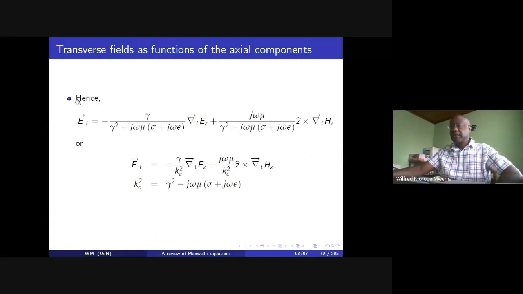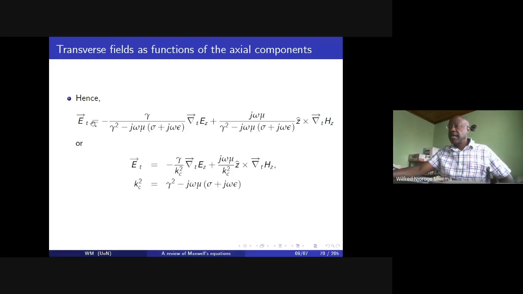And we can therefore simplify, and we get that minus gamma over gamma squared minus j omega mu into sigma plus j omega epsilon, multiplied by the transverse gradient of E of z, plus j omega mu over gamma squared minus j omega mu into sigma plus j omega epsilon, multiplied by z cap cross the gradient of H of z in the transverse plane, will be equal to the value of